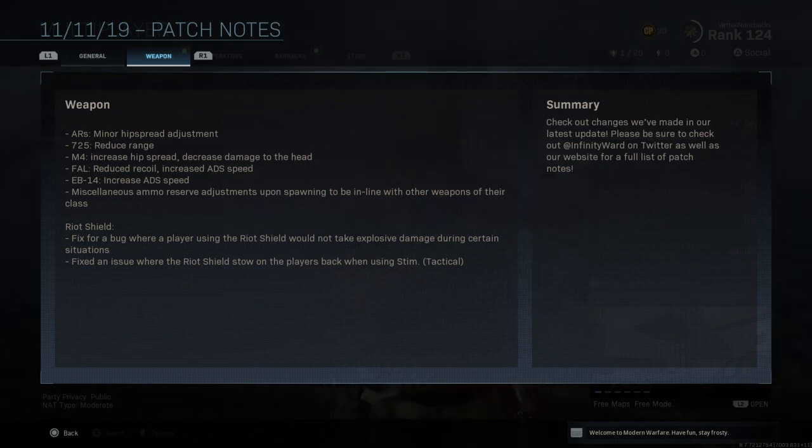feel better. ARs have had an adjustment to hipfire spread again. 725 has lost some of its range. The M4 has increased hipfire spread, decreased damage to the head, because people were saying they were getting melted with headshots. Well, shoot somebody in the head, they're usually dead, but that's just me. Reduced recoil,